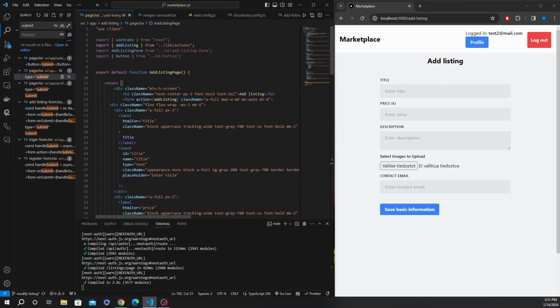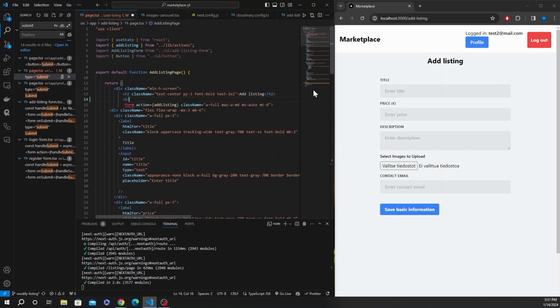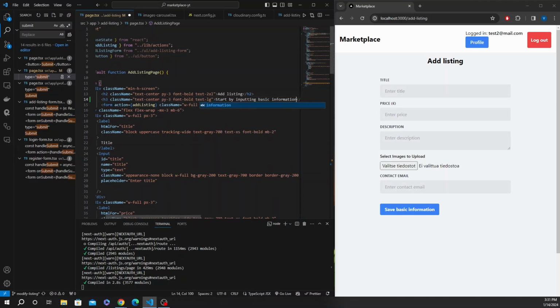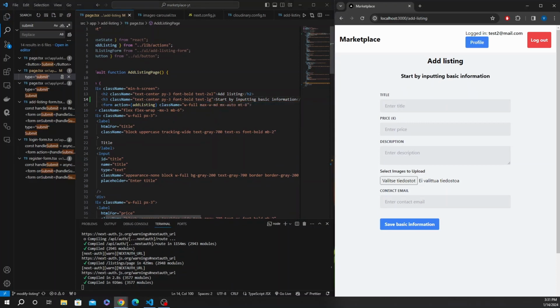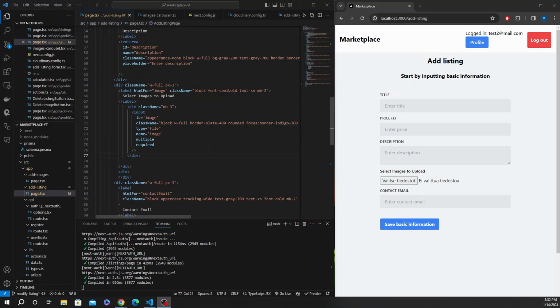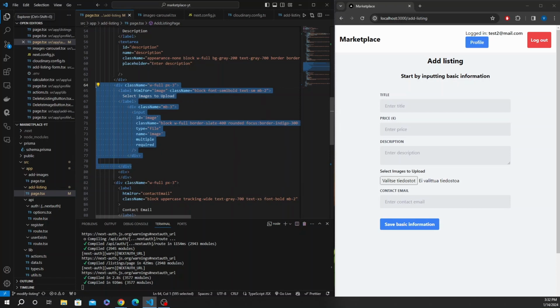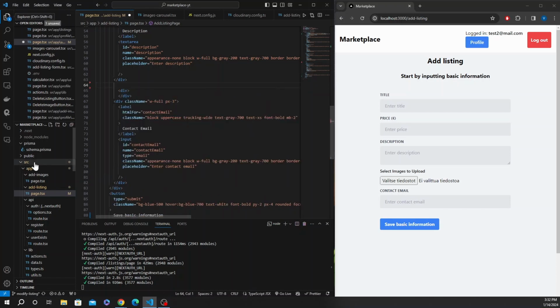Then we can add here at the top an h3, maybe with almost the same styling. I'll just modify this to be like XL or even just large, and then something like start by inputting basic information. And I think what I'll do is separate this completely,